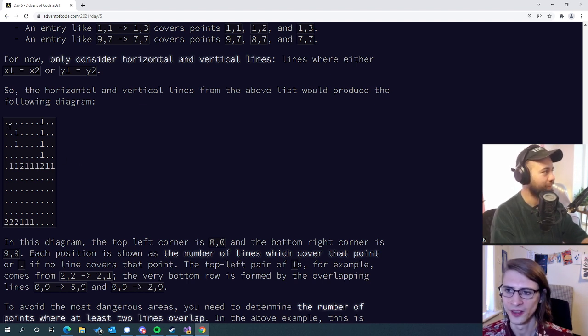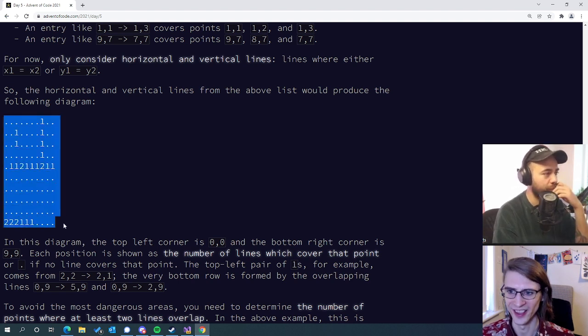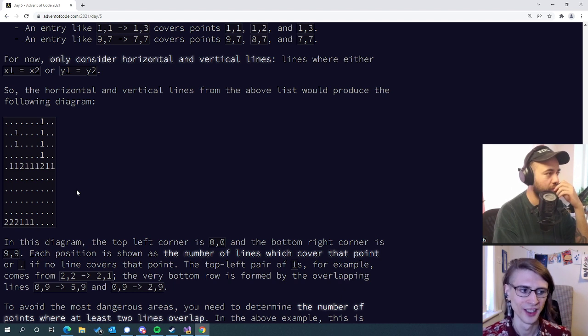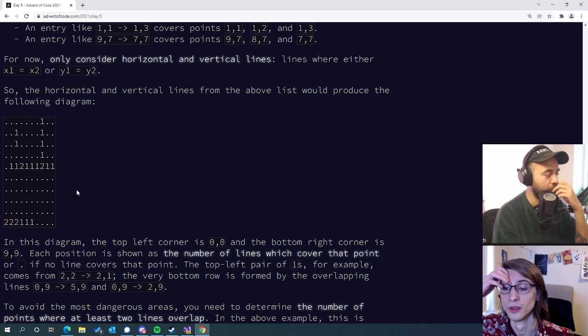You could implement it just like this diagram, where you keep a two-dimensional array of integers, and on every line segment you iterate over all those points and you increment all of them, and then at the end you count all the ones which are 2 or greater. Another way you can implement this is keeping a hash map of counts, and do very much the same thing, but instead of storing every point, you only store the points which are